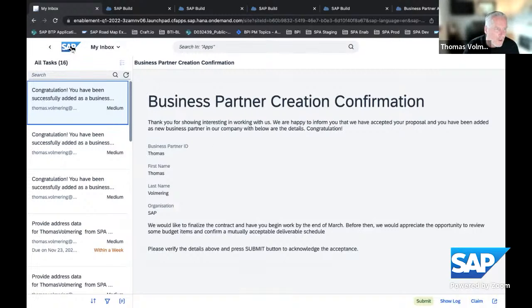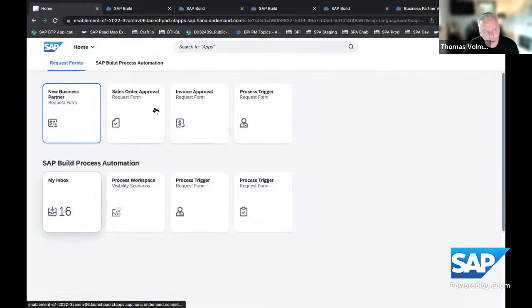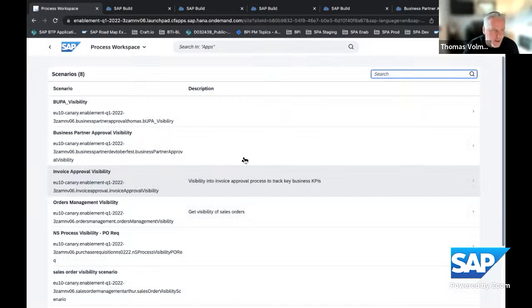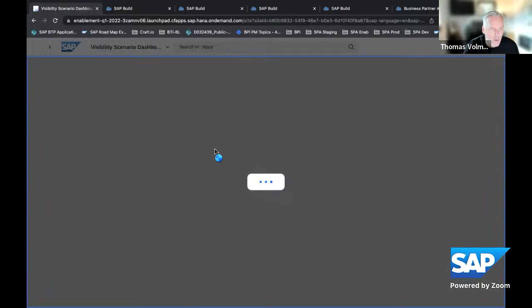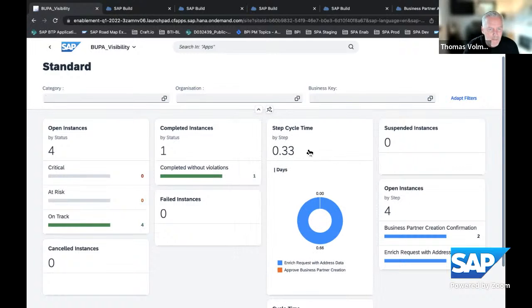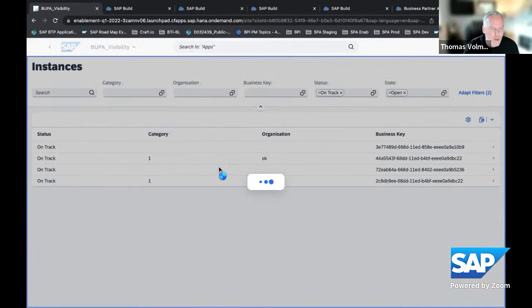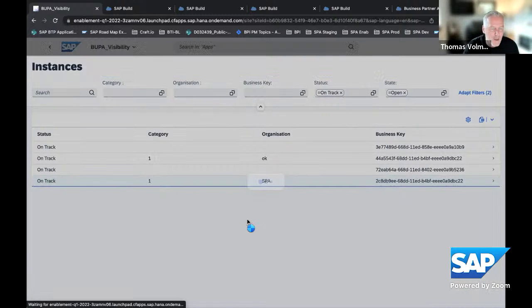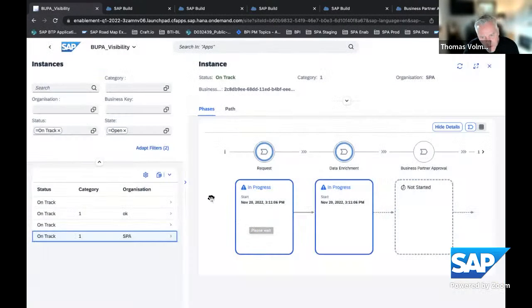And of course, in the new SAP Build, we also support process visibility out of the box. I've created just a couple of requests, so it will not be very populated, but you see that we have already quite a good cycle time, because in these demos I'm pretty fast, but here you can check directly without a lot of effort what has happened. And we have also enhanced our visibility dashboard that comes out of the box for every process or project that you build and that you activate.